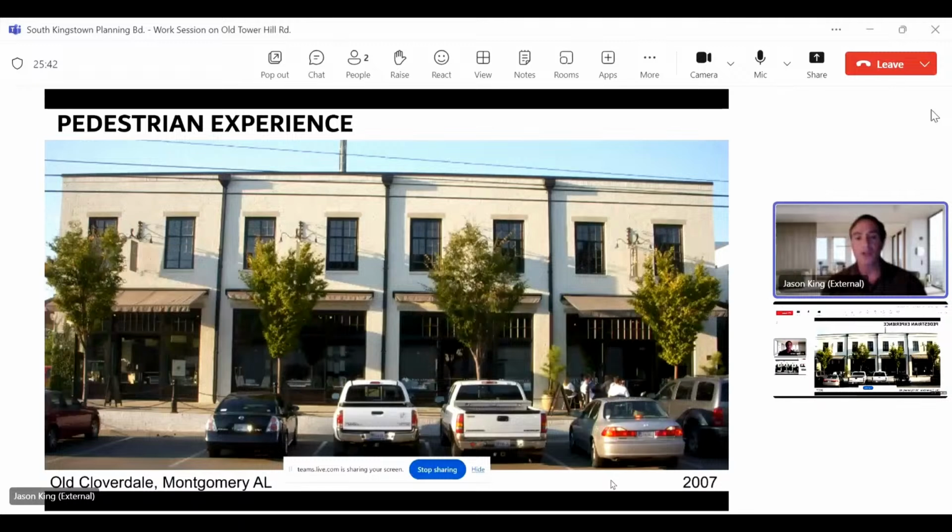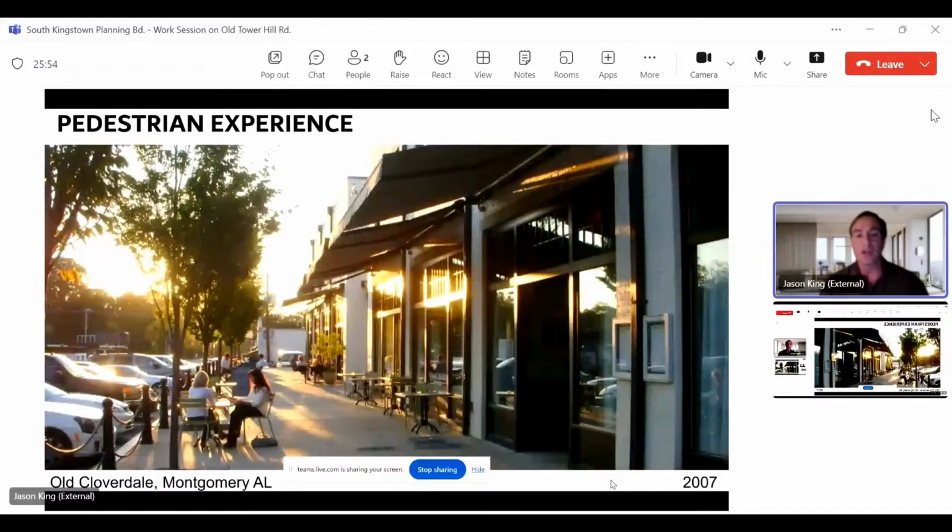So that pedestrian experience, this is a new development in Montgomery, Alabama. We did a form-based code for the city of Montgomery. This is one of the new developments that came out of the project. And you can see, in this case, the developer is using a lot more of their building. Their parking requirements are lessened. They're able to build commercial in addition to residential. Right now, your highway commercial doesn't allow residential. And what we ask is a great public realm like this one.